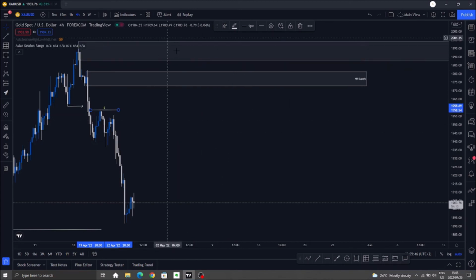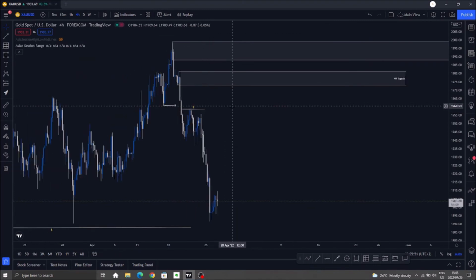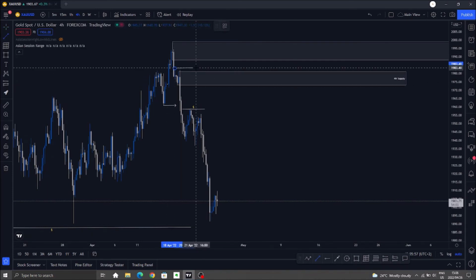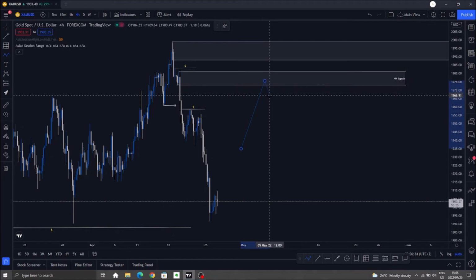And for this zone, there isn't any apparent liquidity present, but what I like to say is we have, again, a little bit of engineered liquidity present in here, okay? What tends to happen is price action will come in, mitigate your first order block or your first supply zone, right? Give you a reaction